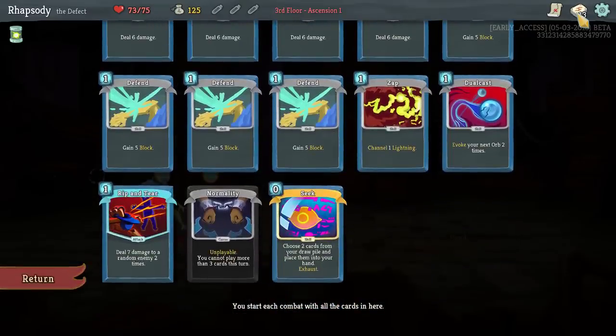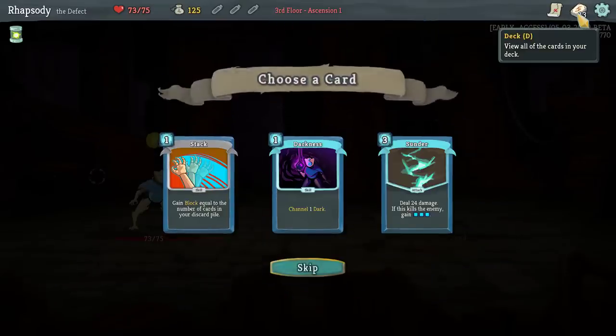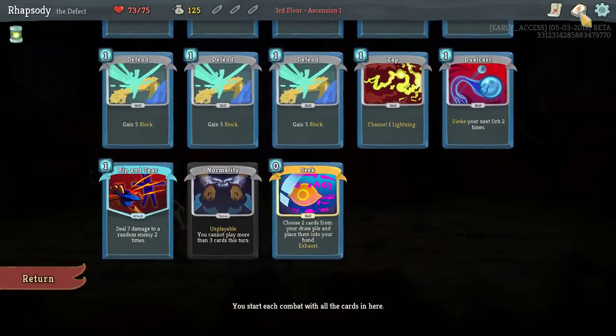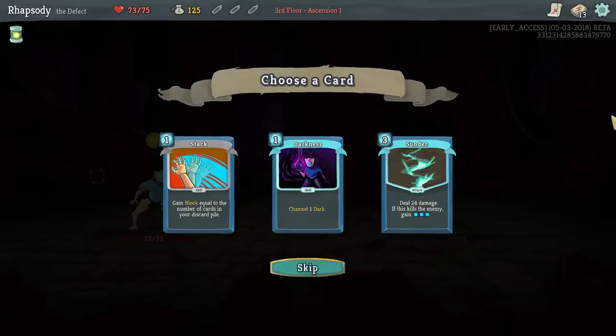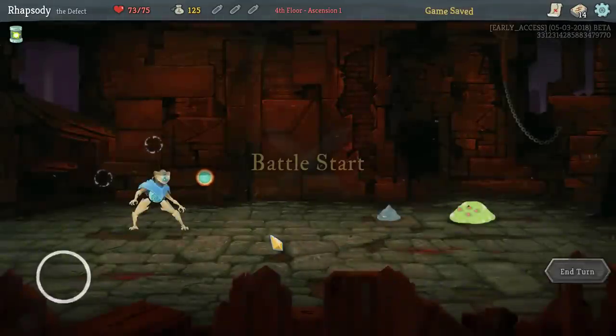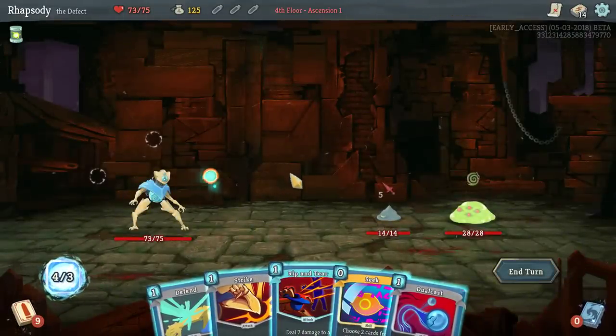I'm actually looking at this build and thinking this is a build that uses a lot of draw, a lot of cycle. It's not going to use orbs, right? Because if I have plasma orbs, right, I can start to focus on things that cost a lot more rather than... basically what I'm saying is I want to take Sunder, right? I can start focusing on things that cost a lot more rather than just...